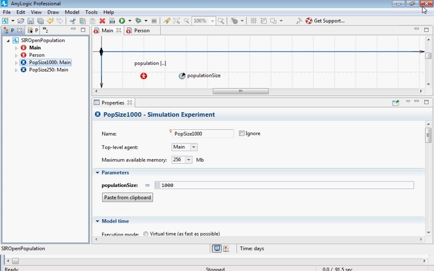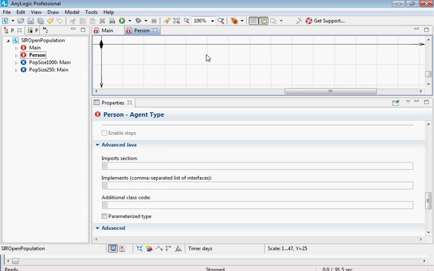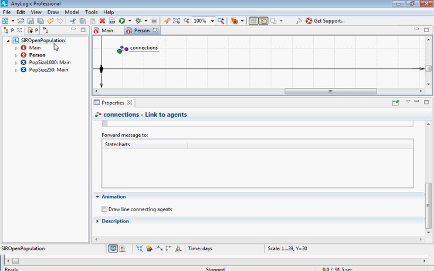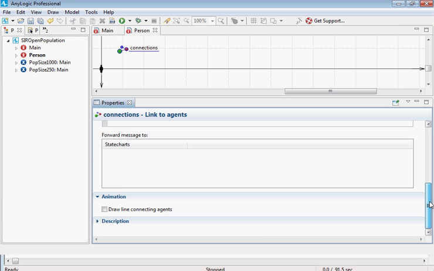Anyone remember? Where do we go for the network? Connections, okay, and that's for a person, so there's connections. We're going to do something with connections. Does anyone remember what we did with the connections in person? We actually went down, remember this thing here, draw line connecting agents? Remember that? Okay. So we could do draw line connecting agents, and we could do draw behind agent or draw